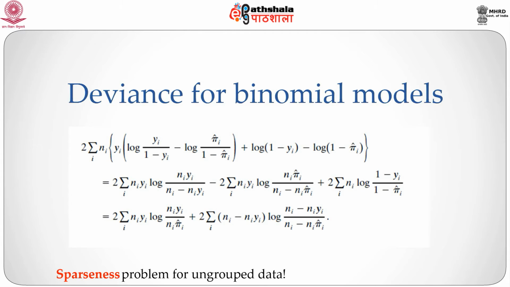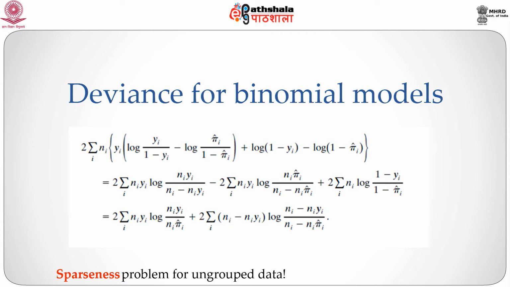The deviance for the binomial model is given by twice the summation over i of n_i times [y_i log of y_i over 1 minus y_i, minus log of pi_i hat over 1 minus pi_i hat, plus log of 1 minus y_i, minus log of 1 minus pi_i hat]. So pi_i hat, of course, refers to my fitted model, and the remaining two terms are from the saturated